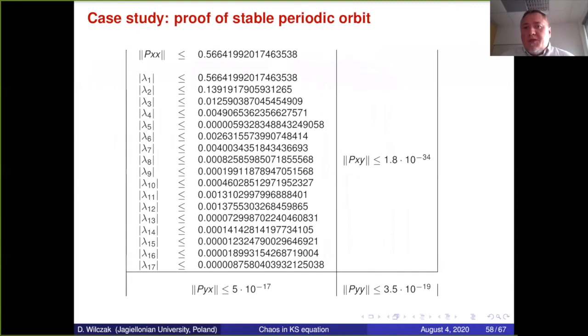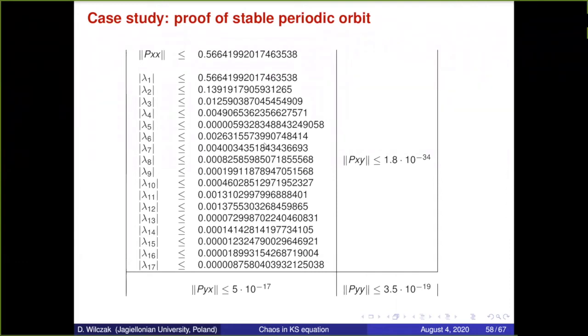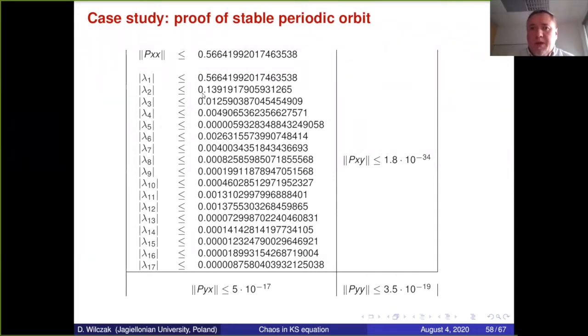And here is the result for the C1 computation. We computed the derivative on this set, and here are the eigenvalues on the main block. Well, these are not eigenvalues of the infinite dimensional matrix. These are eigenvalues of the block only, okay? And norms of those infinite dimensional blocks. So from this, we can conclude that this is attracting, more or less, okay? And by the method of computation of eigenvalues, we also obtained that this is a norm. This is the same number. The norm is bounded by the eigenvalue because we are using something like the Gershgorin theorem, to bound eigenvalues. That was the case study.